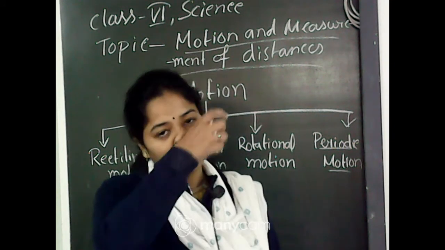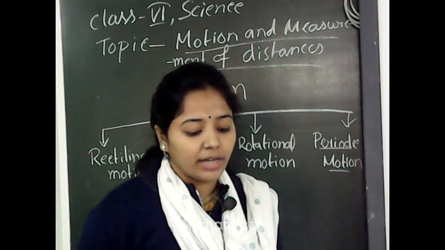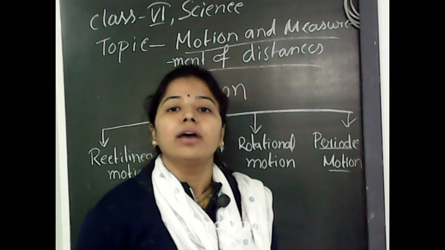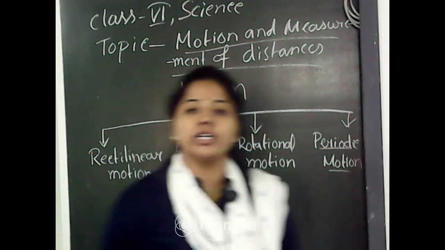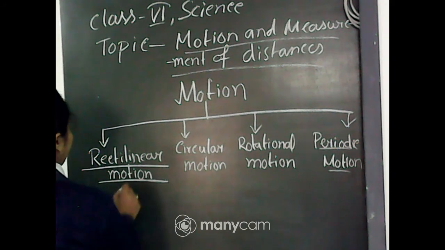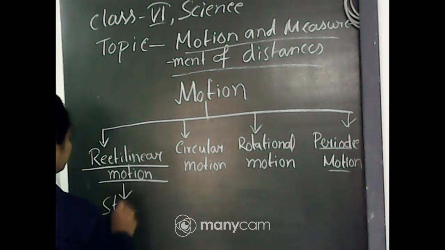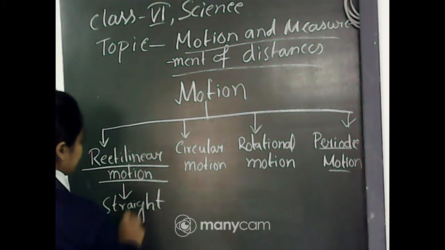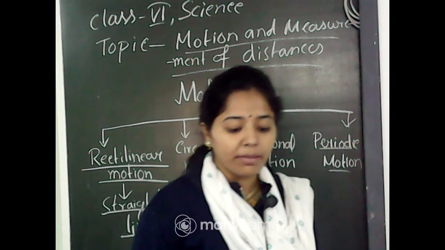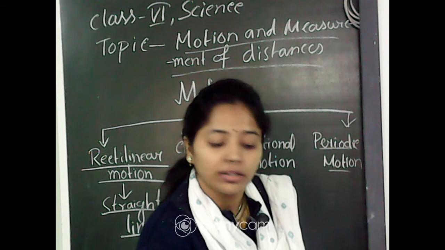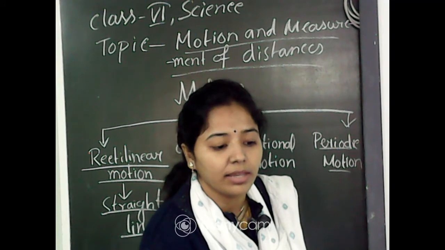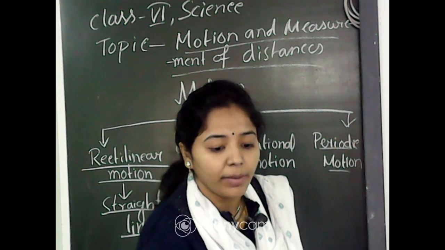You must note it down that in this type of motion, objects move along a straight line with changing time. So keep in mind that this is the motion that takes place in a straight line, and I have already told the examples also. Any problem up to this portion? Any problem you can ask me. Who has not understood rectilinear motion, you can ask me. No problem?